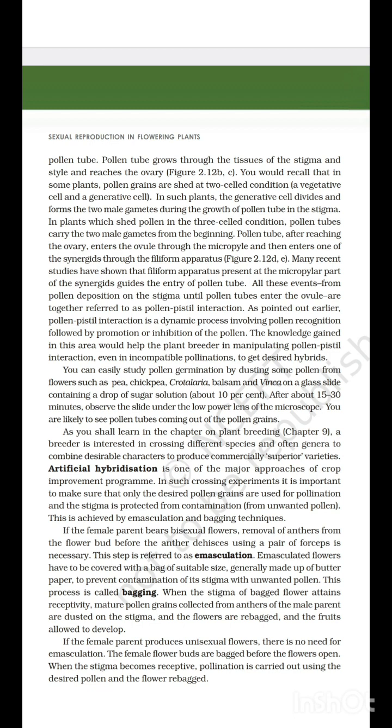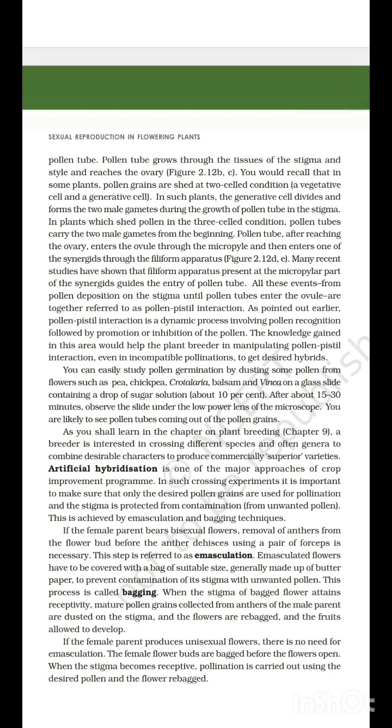You would recall that in some plants, pollen grains are shed in a two-celled condition, a vegetative and a generative cell. In such plants, the generative cell divides and forms two male gametes during the growth of the pollen tube. In plants which shed pollen at the three-celled condition, the pollen tube carries two male gametes from the beginning. The pollen tube, after reaching the ovary, enters the ovule through the micropylar end, then enters